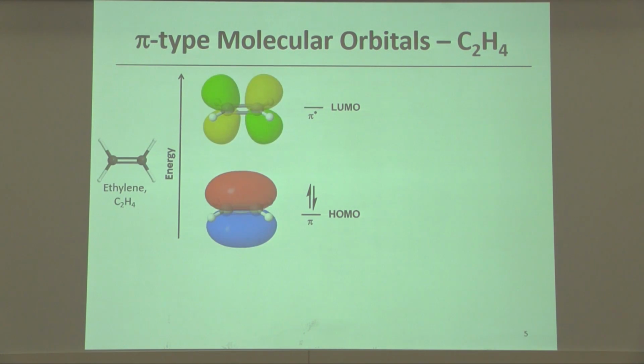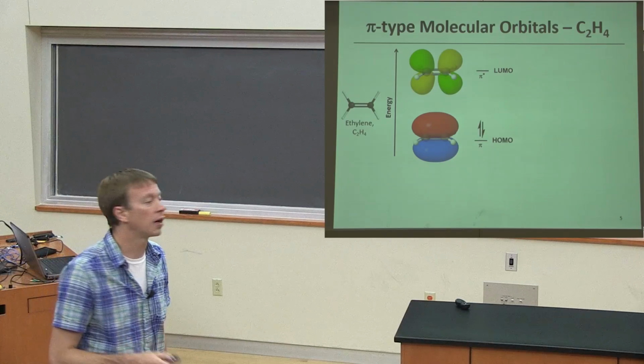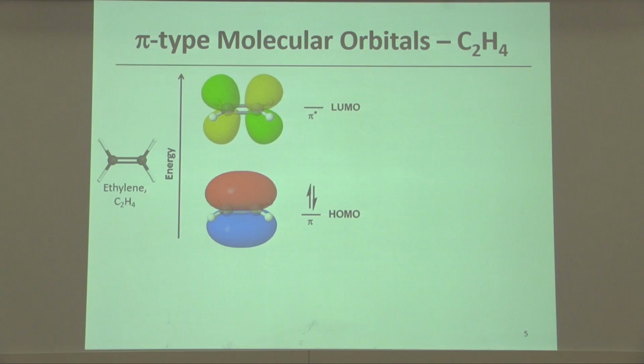So most of the time in organic chemistry, we're not actually interested in these sigma-type orbitals. We spend most of our time interested in the pi systems and how they interact both chemically as well as overlapping with various neighboring substituents in the molecule. And we're going to spend most of our focus in this course on these pi-type orbitals. And so I want to talk about the differences between pi and sigma-type, and start with a fairly simple example